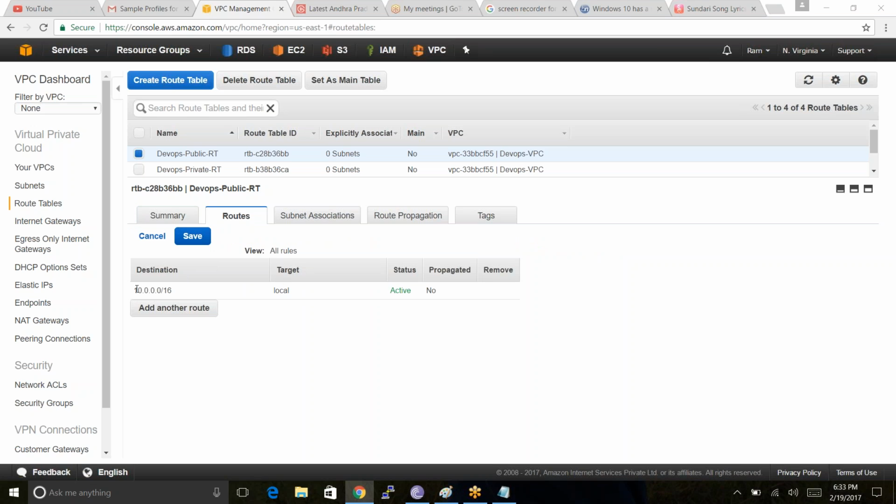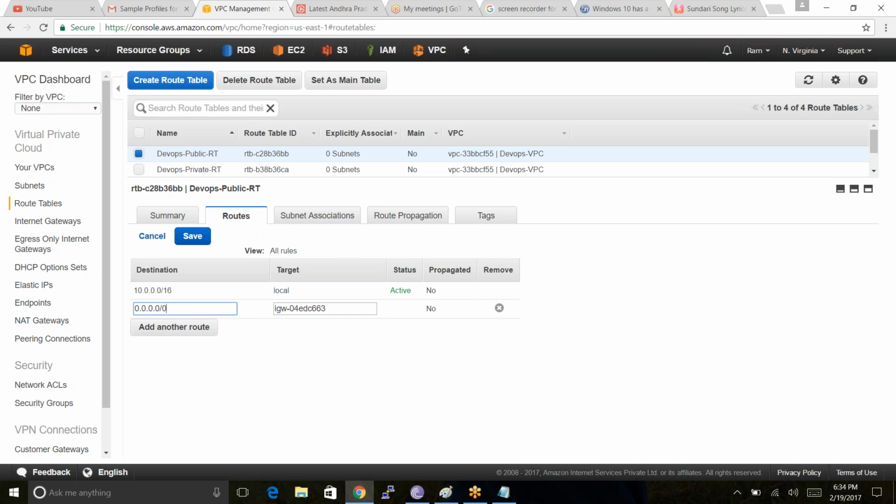It's already showing the VPC IP address. I'm adding another route here: 0.0.0.0/0, with the target IGW.